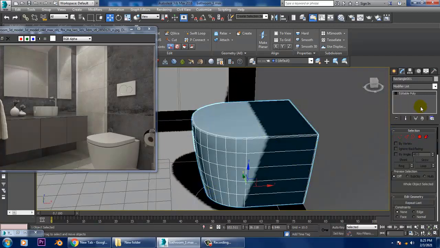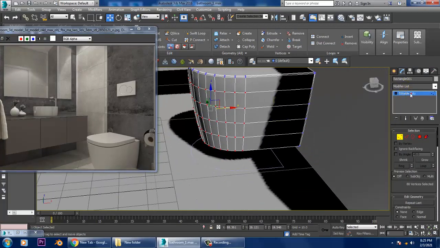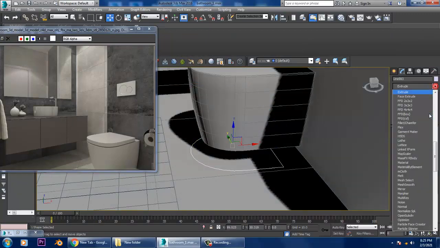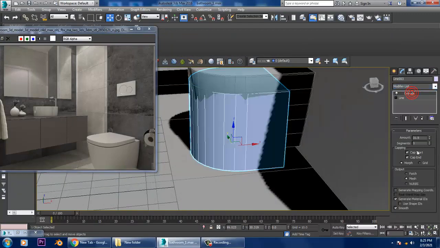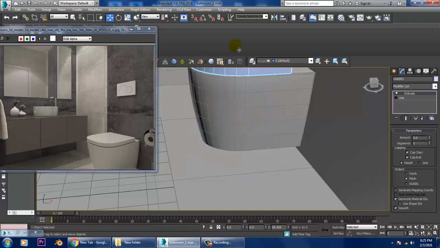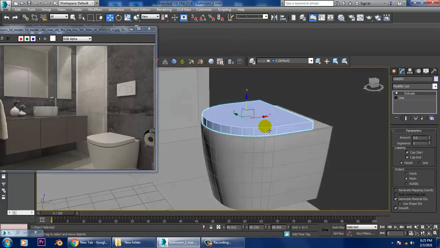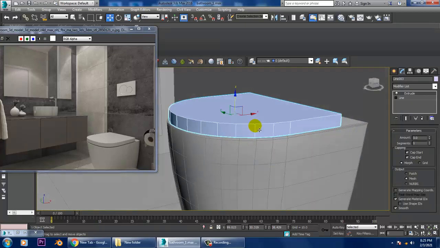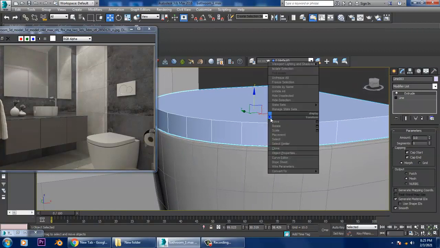So although it's closed, so nothing to show over here on the top. So I'll go over here and I'll take a extrude modifier. I'll slightly push it down. I'll push this over here in this way and convert to editable poly.